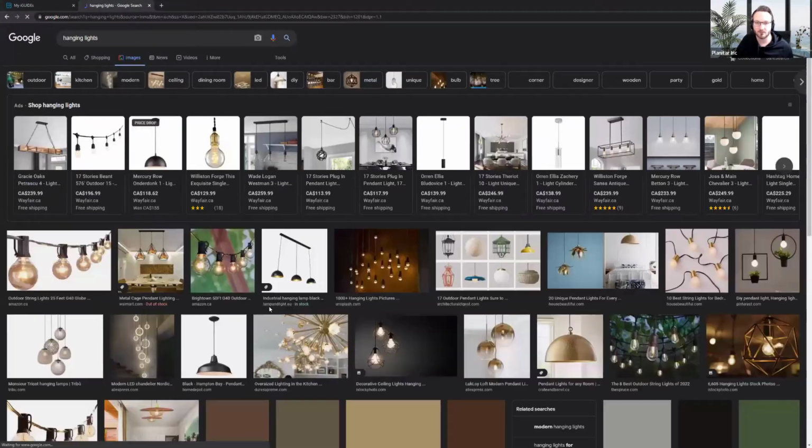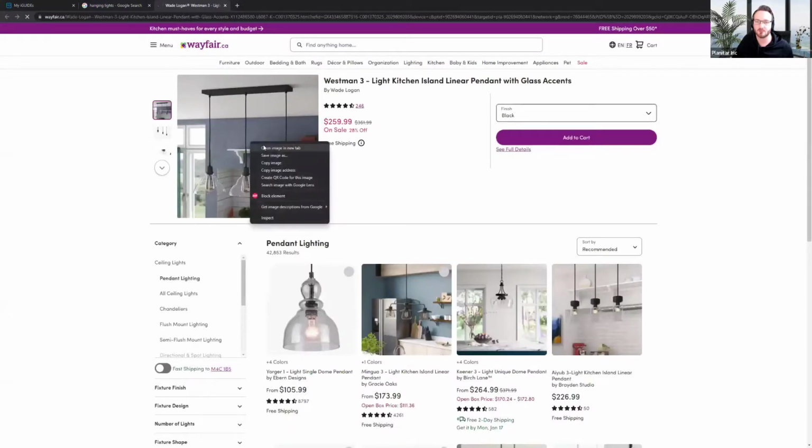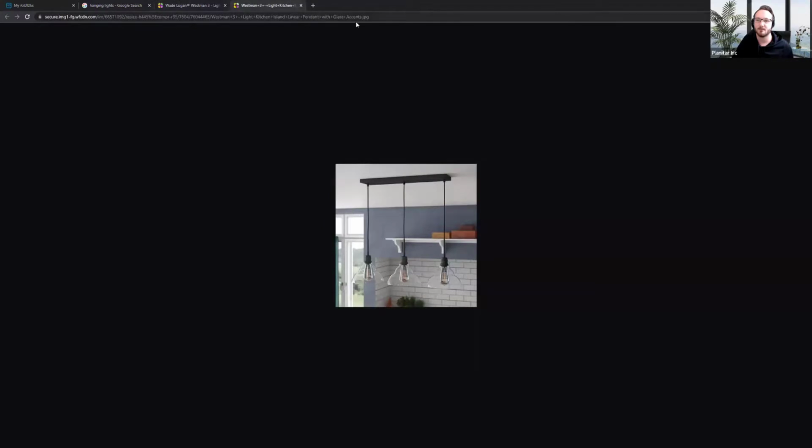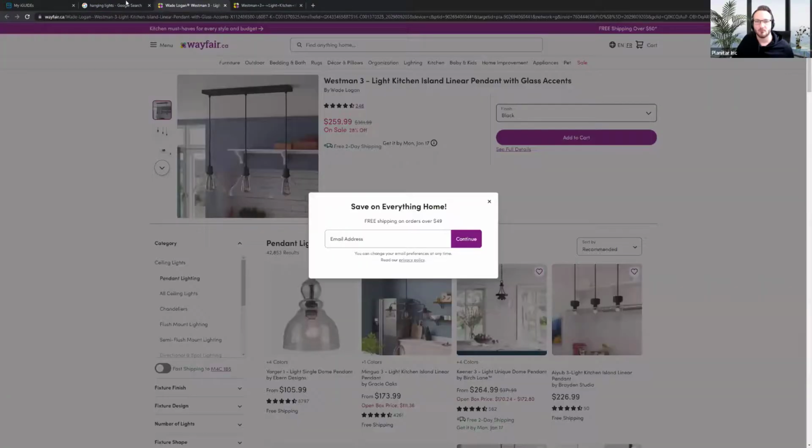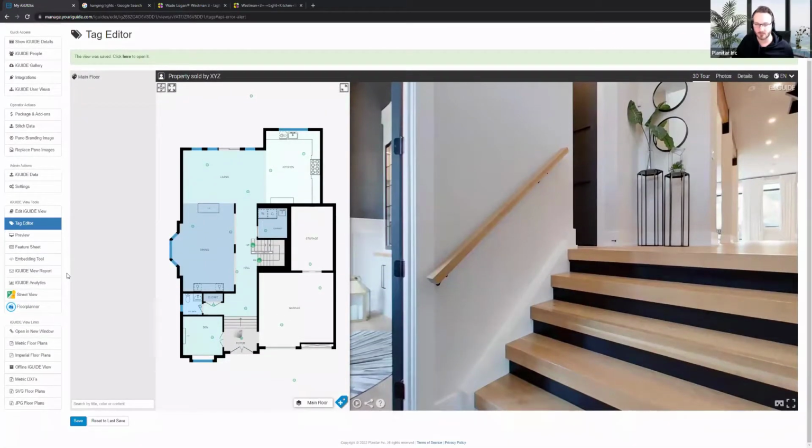Let's just have a look at this. We're going to grab this image here from Wayfair. This is where I bought this lamp. Open image in new tab. And what we can see is the ending is .jpg. So we need that to be able to show it in the tag. It needs to end in the file format. It can't just be a random string of numbers because it needs to tell the viewer what type of media